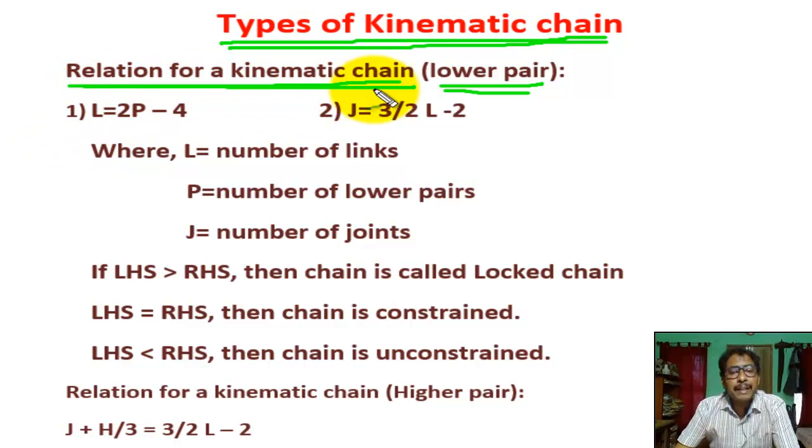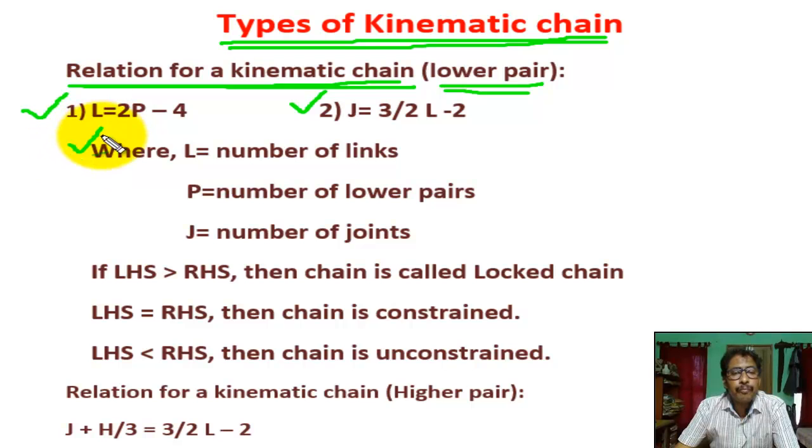There are two relations for a kinematic chain. One, L equal to 2P minus 4. Relation 2, J equal to 3 by 2 L minus 2,